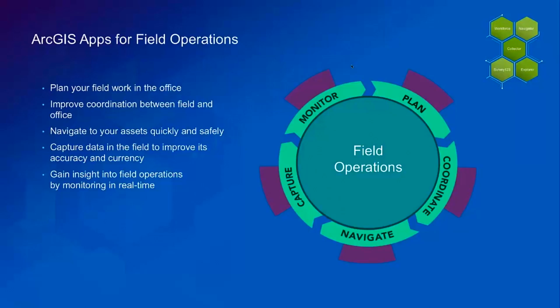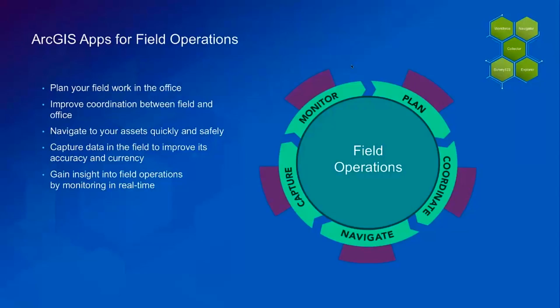That could be coordination with third-party work management systems. That could be using our desktop technology to optimize the way that you coordinate and assign work to the field. And we've been building mobile applications to help you in that process. The second phase of field operations work is really how you coordinate between the office and the field, and also with one another in the field. And we'll get into that in a little bit more detail as well.